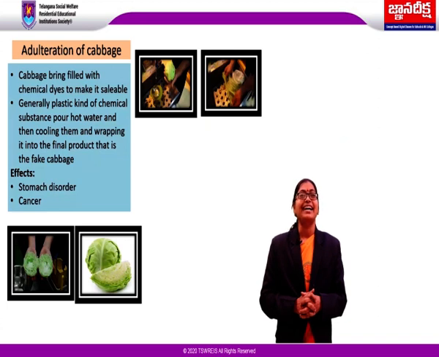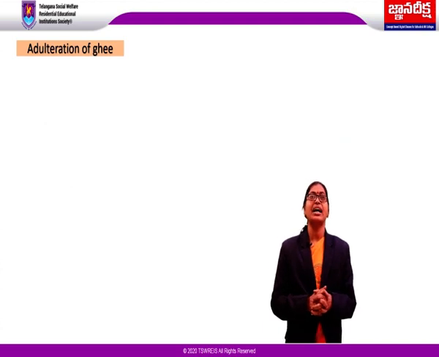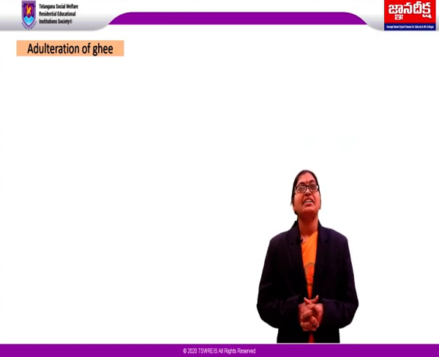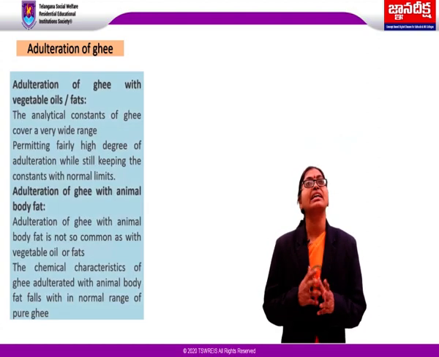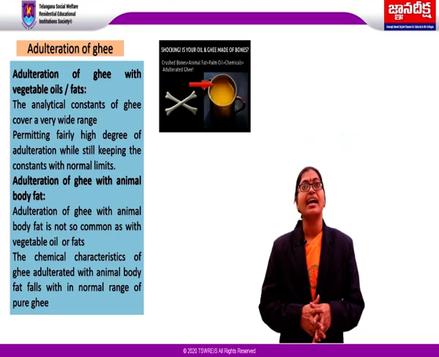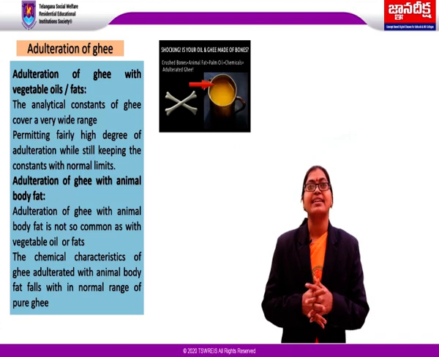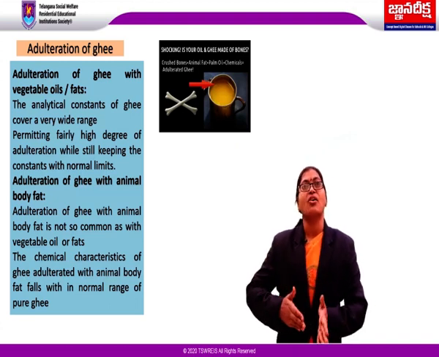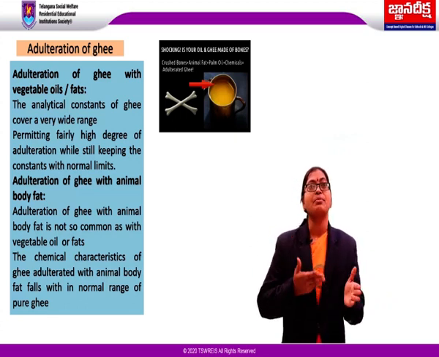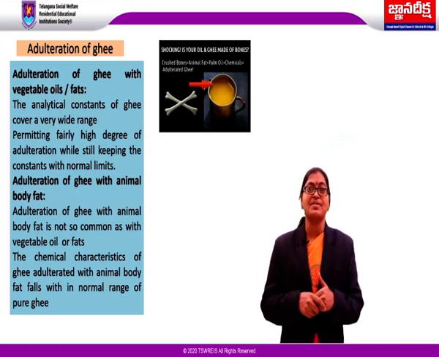Now, we're going to see another type of food adulteration, the adulteration of honey. So what is adulteration of honey? Now, we're going to see another adulteration, of ghee. The adulteration of ghee can start at the stage of milk itself. Water emulsions of coconut, groundnut and other cheap oils are added to milk or cream. On souring and churning, these transfer to butter, and thus on boiling of butter or cream pass into the ghee. Adulteration of ghee with vegetable oils. So how does the adulteration of ghee take place? Mainly by vegetable oils.